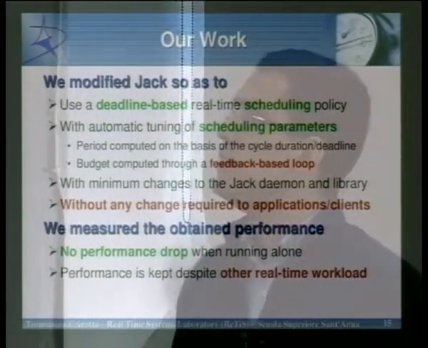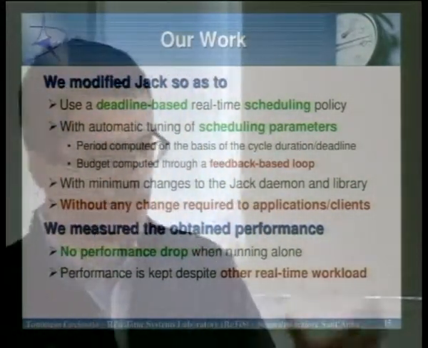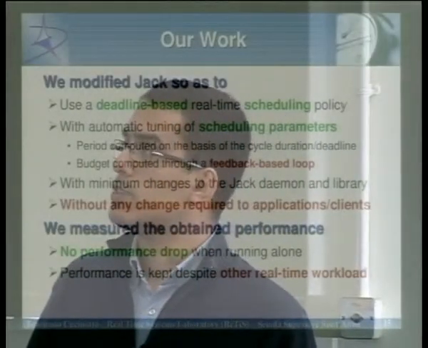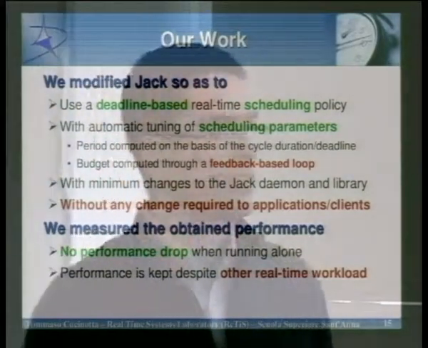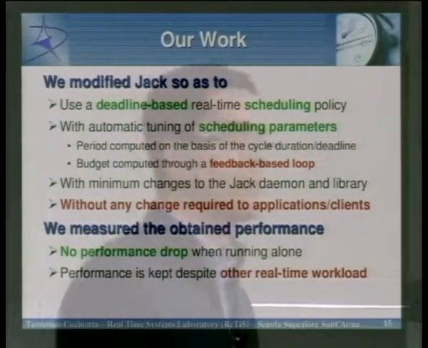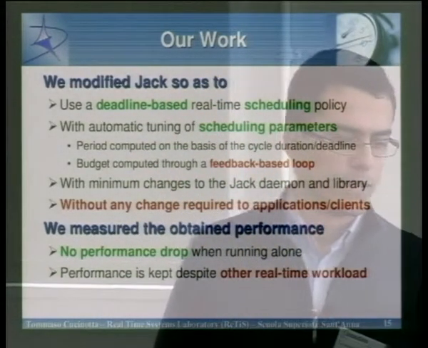This required minimum changes to the Jack daemon and library. So we exploited, let's say, the design internal to Jack in having different classes. We implemented a separate Jack AQuoSA controller in which we implemented this particular binding with this kind of experimental scheduler available on the Linux kernel. And this requires no changes at all to the applications and clients of Jack. So an application that is already written simply keeps using the standard API. It doesn't have to do anything for exploiting the new capability.